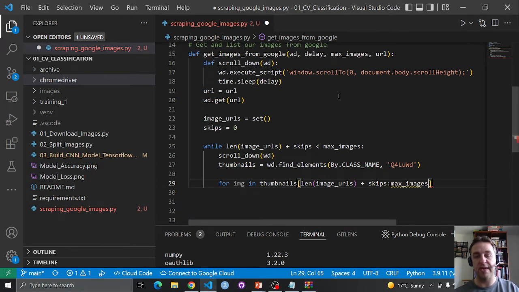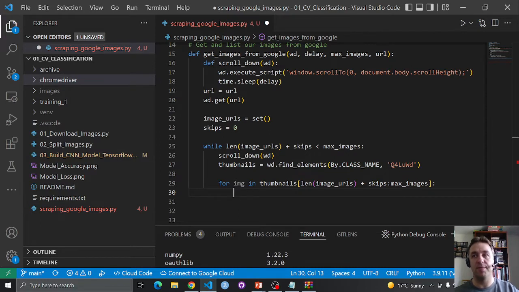So it's doing some index slicing there. For our image in thumbnails, with the length of our image URL plus whatever skip value we implement here,